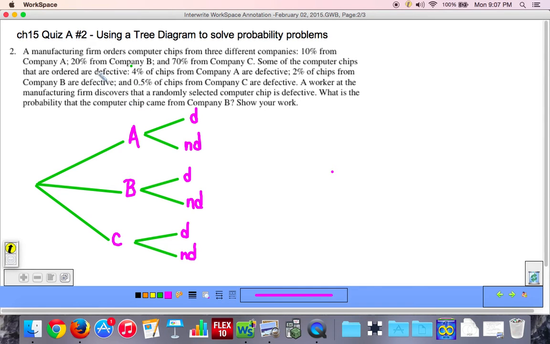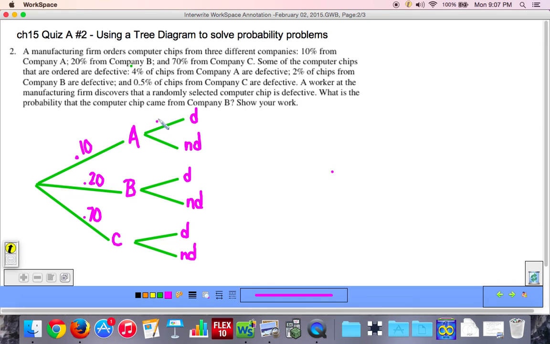But just take a minute and read the problem. Here we're talking about a manufacturing firm which is ordering computer chips from 3 different companies. In the problem you'll see that 10% of the chips they order come from company A. 20% of the chips the manufacturing company orders comes from company B, and 70% of the chips ordered come from company C. Of the chips that are ordered from company A,